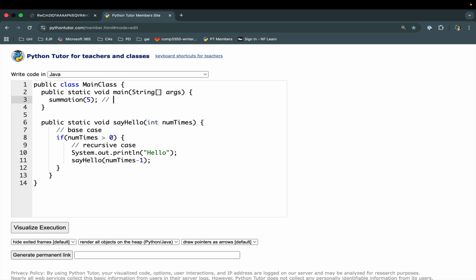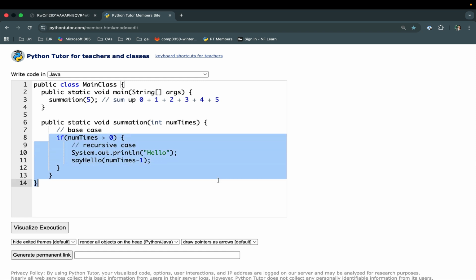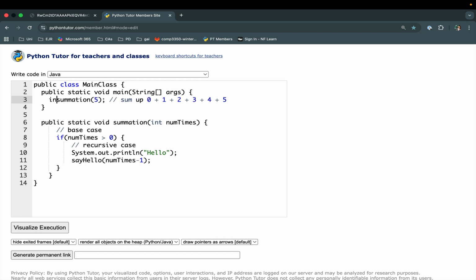Sorry. Sum up 0 plus 1 plus 2 plus 3 plus 4 plus 5. That's what a summation is. So if I tell you I want to sum up all the numbers between 0 and 5 or 1 and 5, because adding 0 does nothing, we could understand why something like this might be really, really helpful. If we pass in the number of times, what should happen in this scenario is we actually want to return our summation. So let's have a sum that comes out up here,